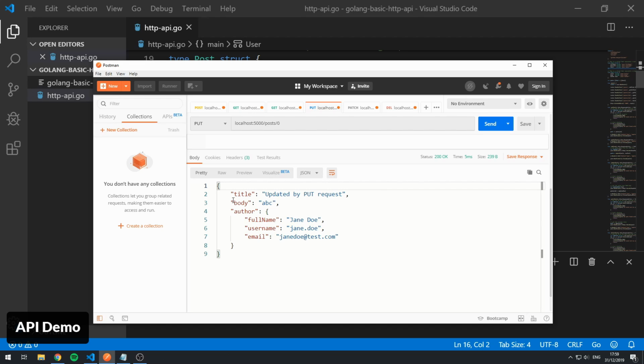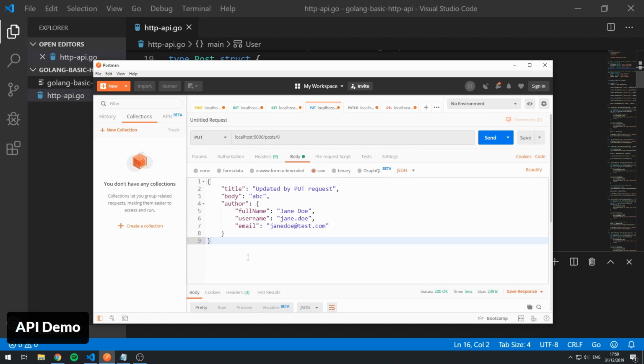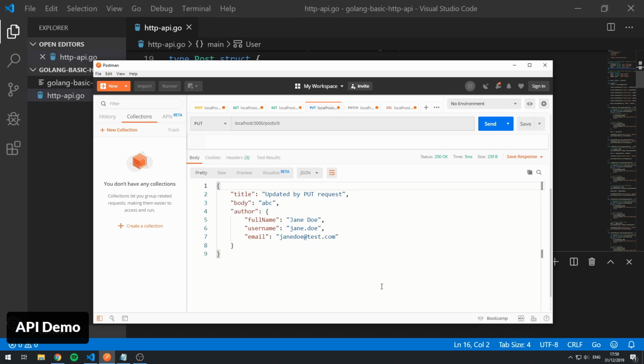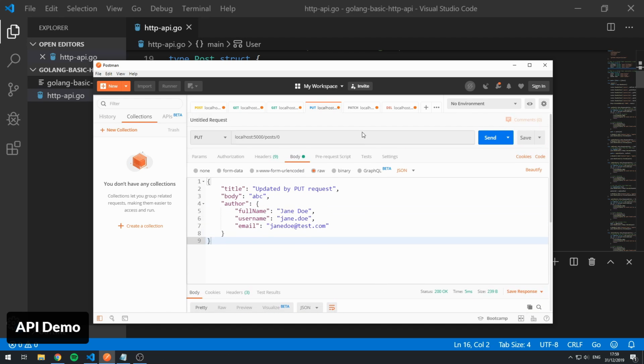And it looks good. All of these fields have been changed to what we set in the request body up here. Cool, alright. Let's now move on to the patch request. And actually, before we move on to the patch request, let's first talk about why we need two different methods